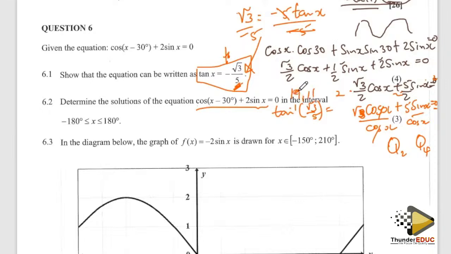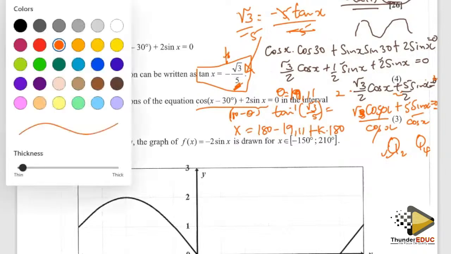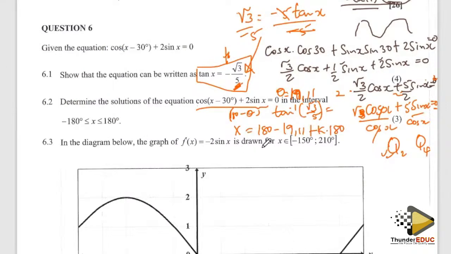Okay, 19,11. So this is my reference angle theta. But in quadrant number 2, the angle notation is always 180 minus the theta. So which means the first solution is going to be x is equal to 180 minus the 19,11 plus k times 180, since I'm talking about tan. So the period of tan is 180. Then when I simplify, I'll have the x being equal to 180 minus 19,11 is going to be